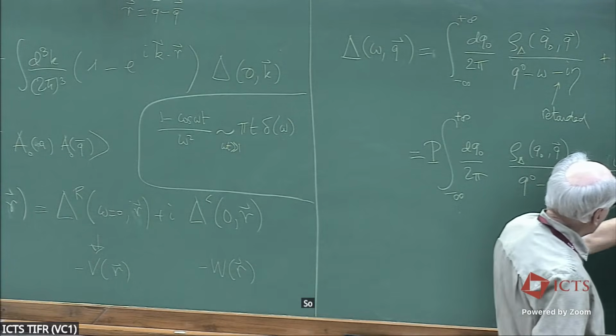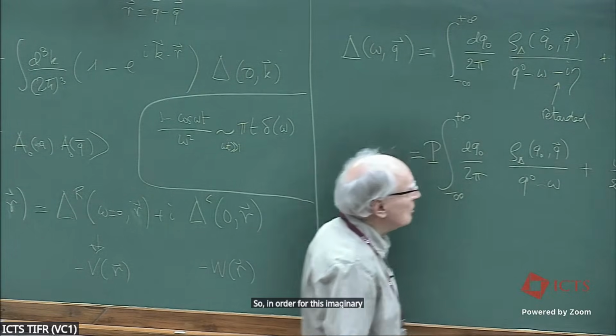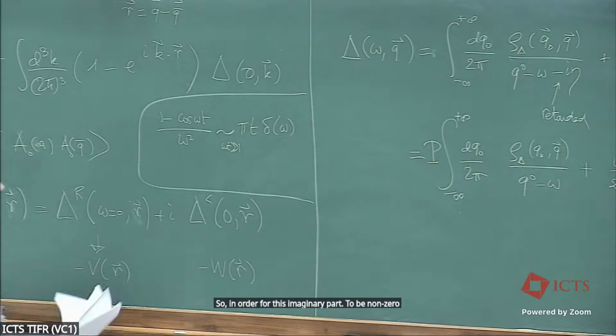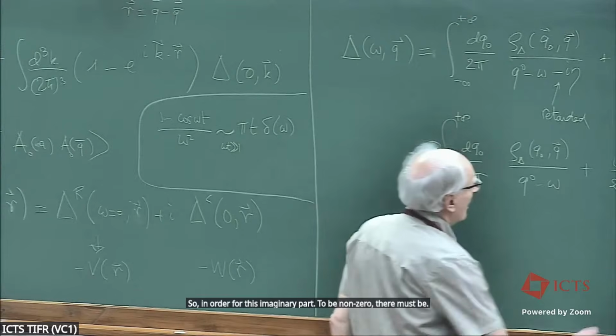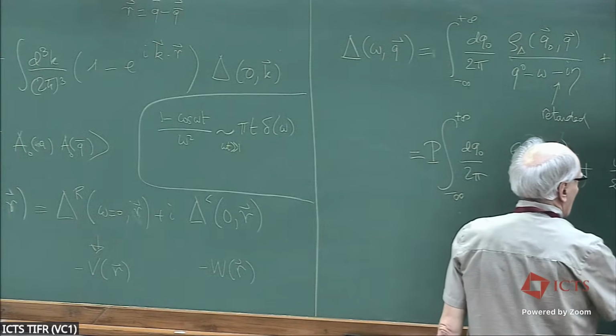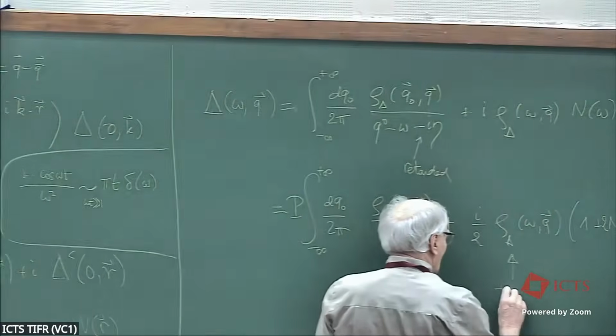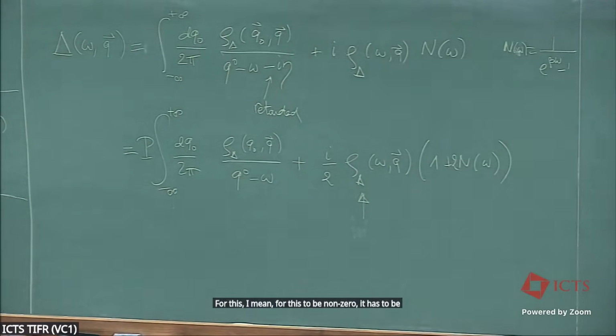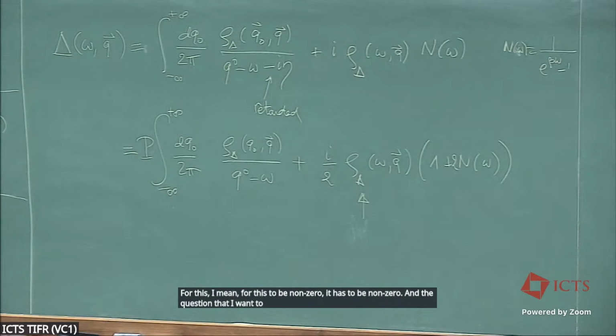So in order for this imaginary part to be non-zero, it has to be non-zero. And the question that I want to address is, where is the spectral weight coming from at omega equal to